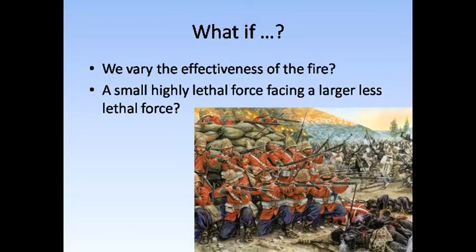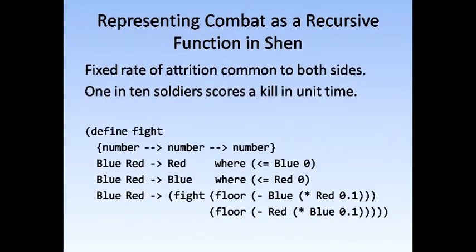Our fight function treats the attrition rate as constant, 0.1 for both sides. However, we could instead choose to enter these attrition rates as a parameter to be input to the fight function, a process called parameterization in computer science. We could then simulate the confrontation of forces which were technologically disparate. But I'm not going to spoil your fun by doing that, but I'll leave it to you to download Shen